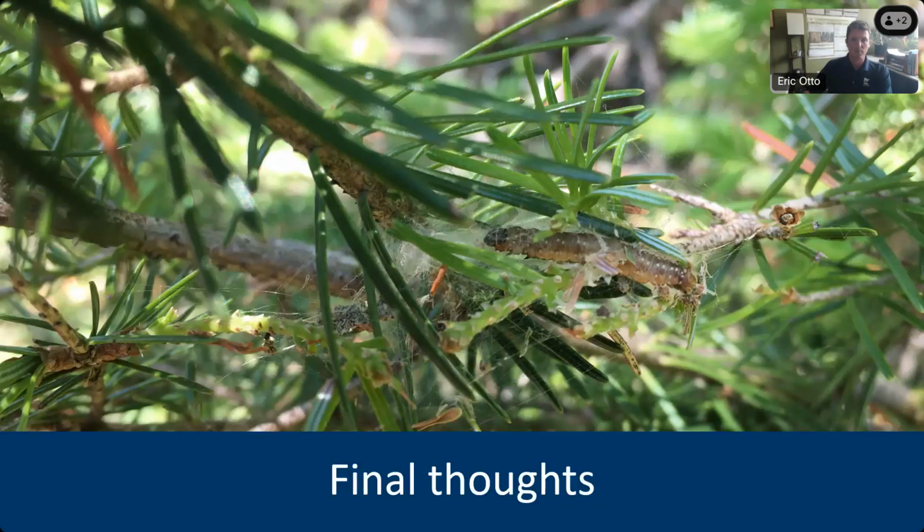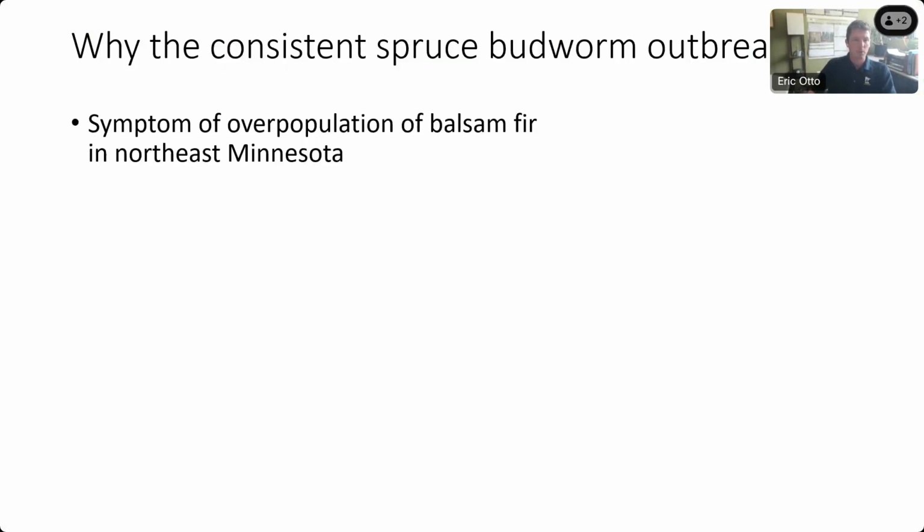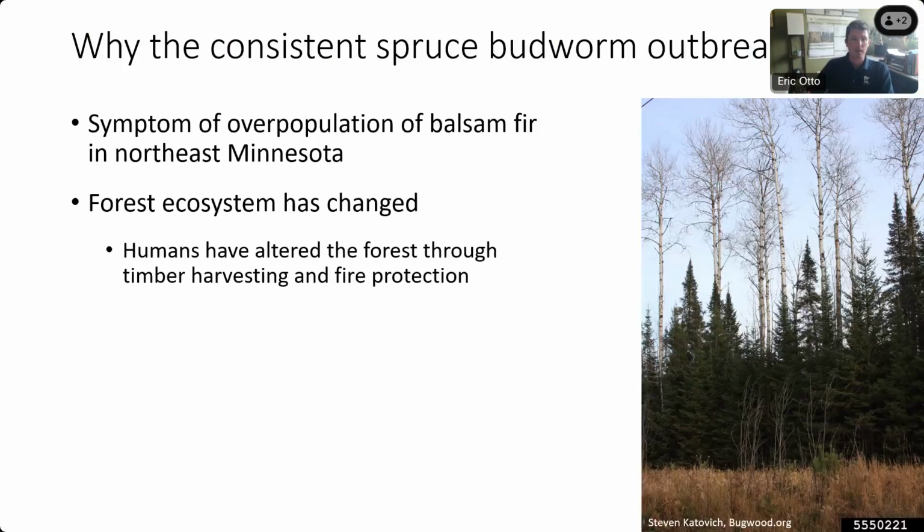All right, so just a quick wrap up here with some final thoughts. So why we're having this consistent spruce budworm outbreak, as I alluded to earlier, we probably have more balsam fir trees in northeast Minnesota than we did pre-European settlement. The forest ecosystem has changed, and that's probably mostly due to fire suppression and timber harvesting practices. So you would probably have more surface fires that might help reduce that amount of balsam fir and promote more red and white pine. Timber harvesting practices in the past might have